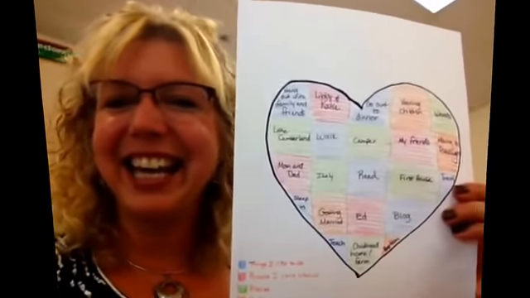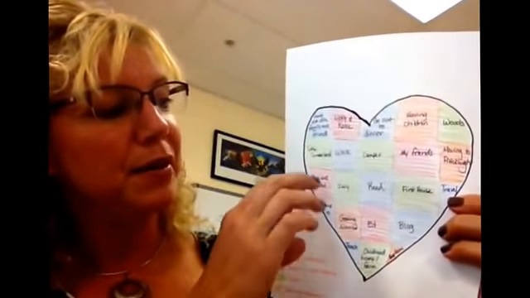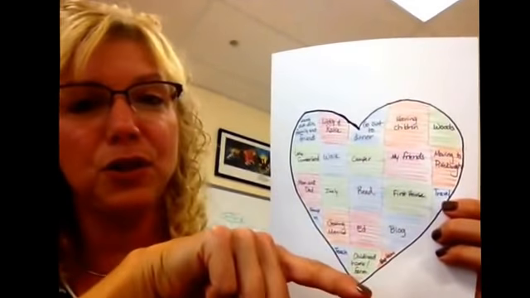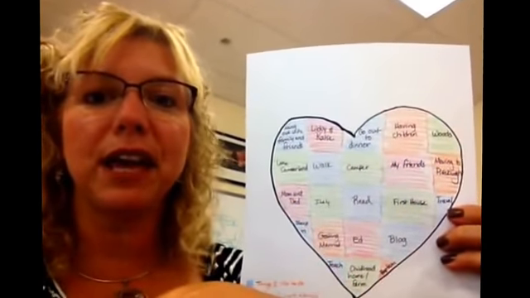And a heart map is pretty simple. It's just like what it looks like. It's in the shape of a heart, and you can create this however you want it to look. It doesn't have to look like mine. In fact, mine's a little bit on the simple side. I've had students create all kinds of wonderful different heart maps, and I'm going to attempt to put some pictures on Google Classroom of other heart maps that you might want to look at.